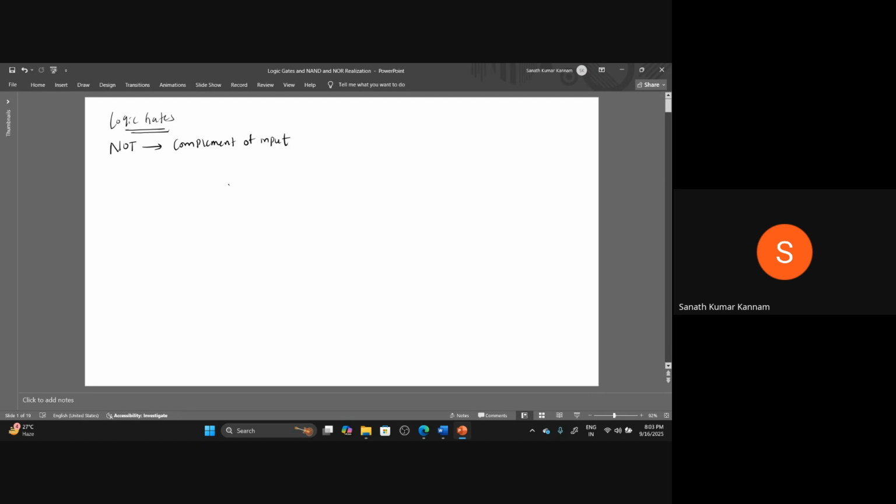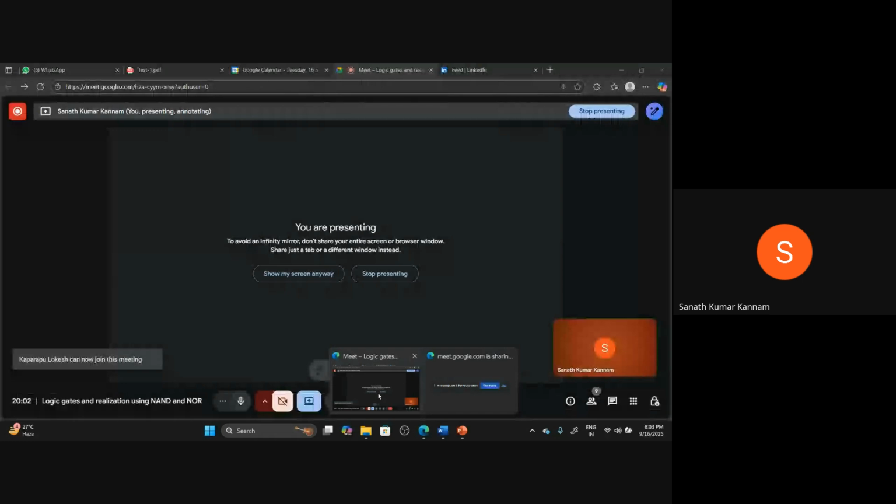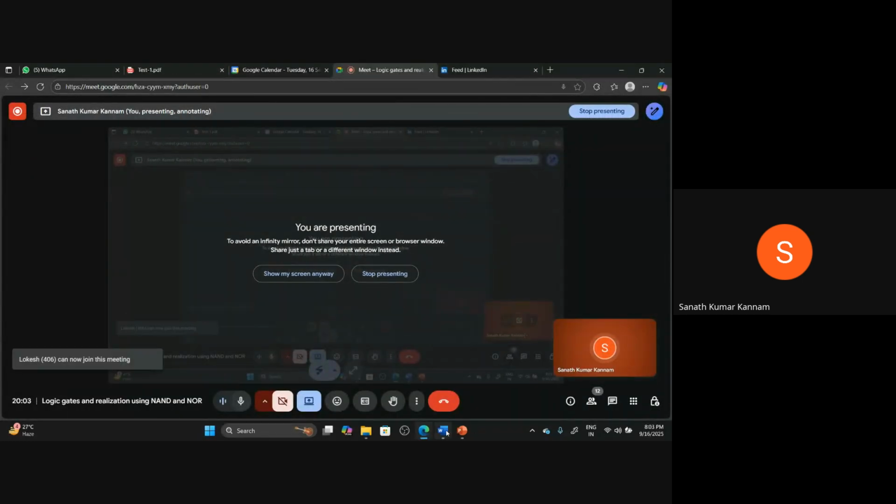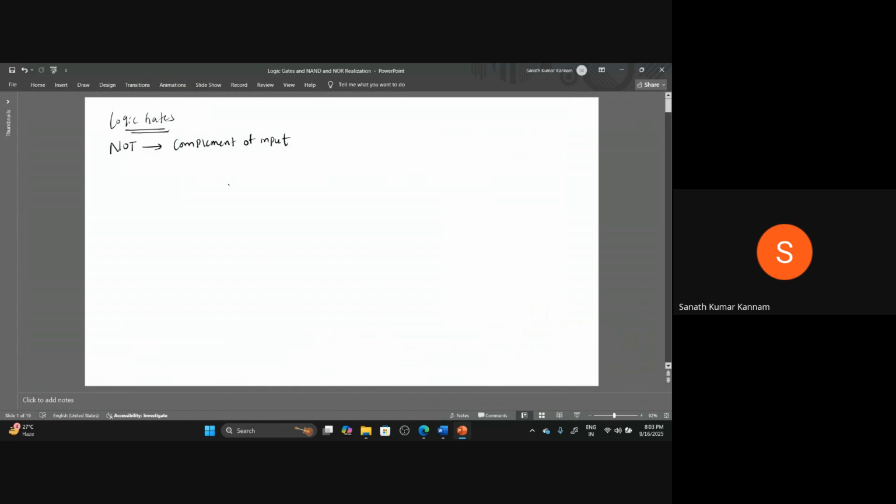NOT gate is nothing but the complement of input. And next gate is AND gate. What is AND gate? Any one of the input is low, the output is